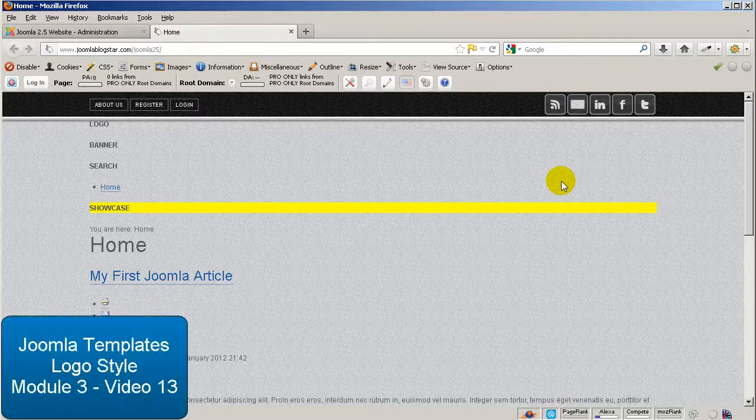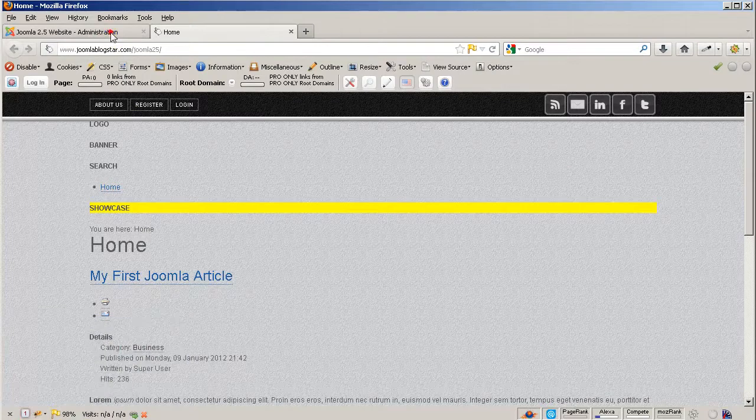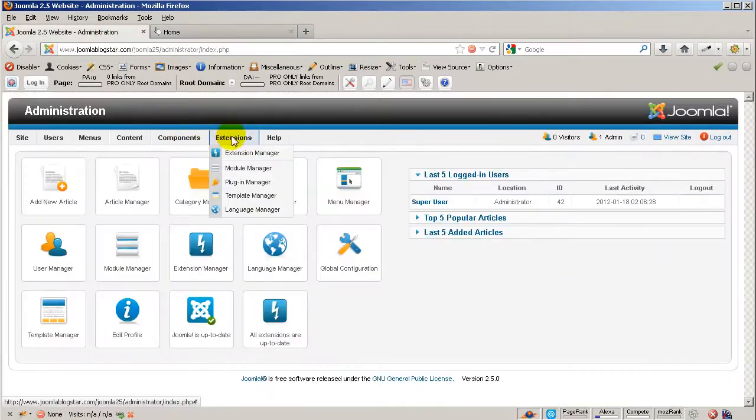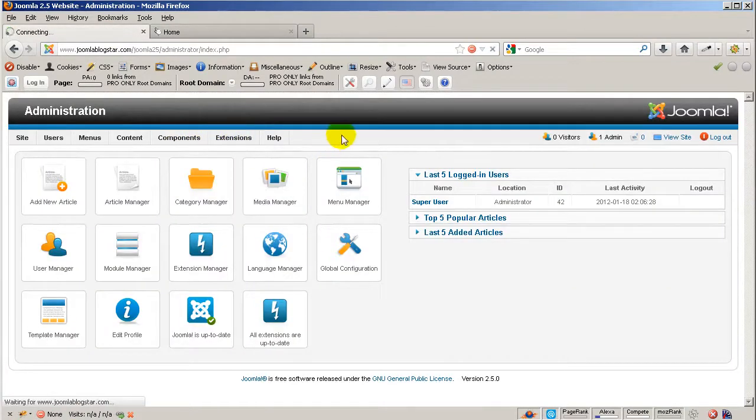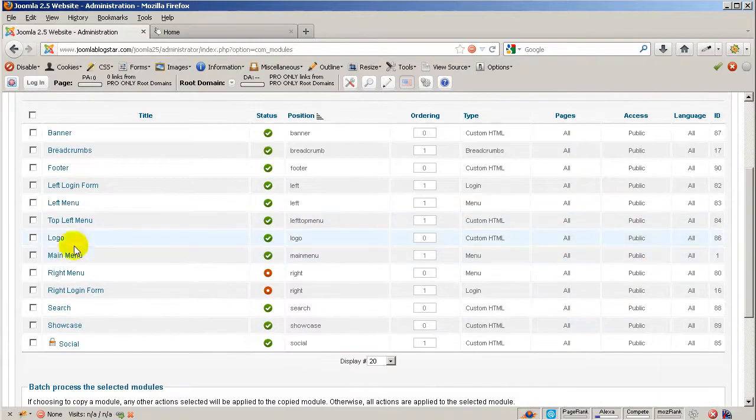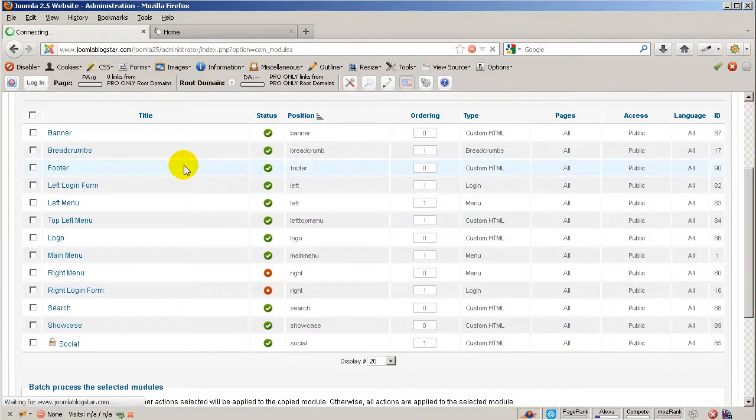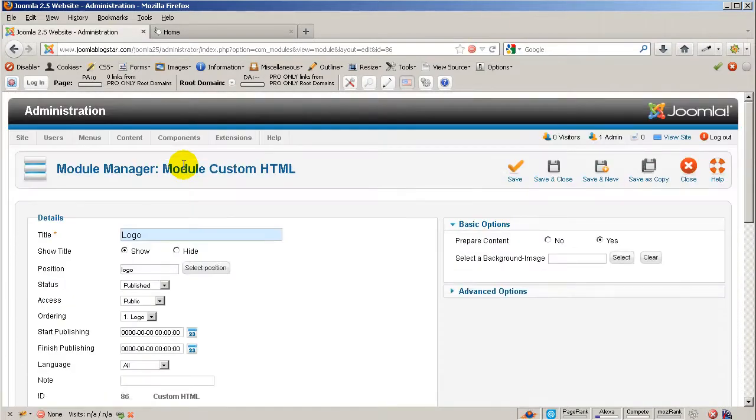Inside this video, we are going to be working with the logo. So first of all, we are going to go to the administrator and extensions and module manager. Inside here, you are going to go to the logo. Now, the way that we are going to be implementing the logo will be by creating a link inside an